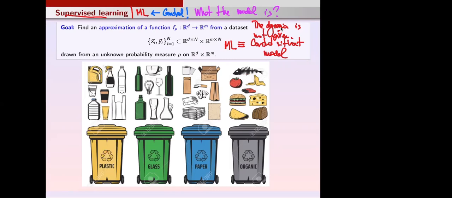So you can allocate to the index i from 1 to 8, to the first 8 objects, the label y_i, which could be simply yellow. Maybe you are classifying this on the real line, it could be position 0, position 1, position 2, position 3. So with 4 numbers on the real line, I can classify all these items in 4 categories, right? So the labels y_i will be in the Euclidean space R, m equal 1.